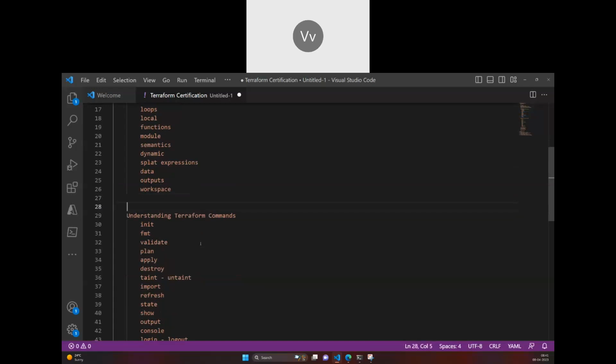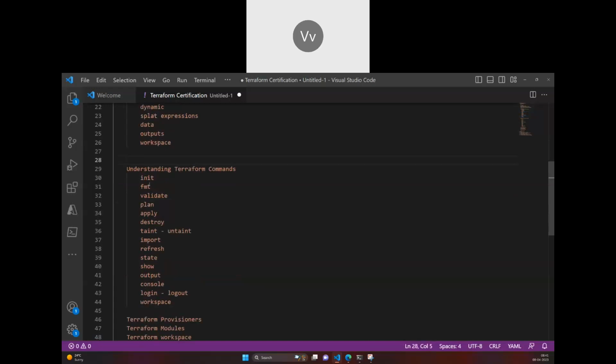Yeah, this is something I feel a longer time is going to take. Innate FMT I'll try to cover, and then I'll cover FMT validate, and a few more things.